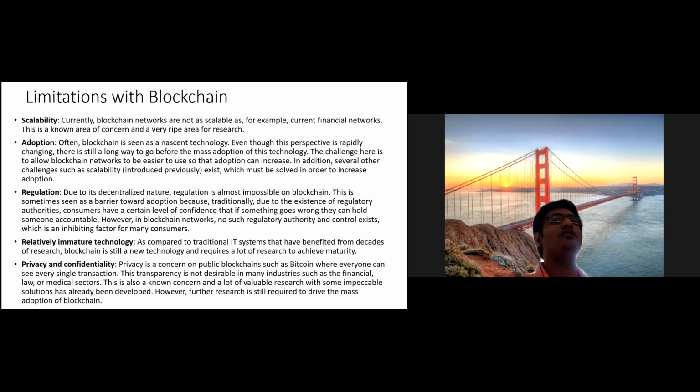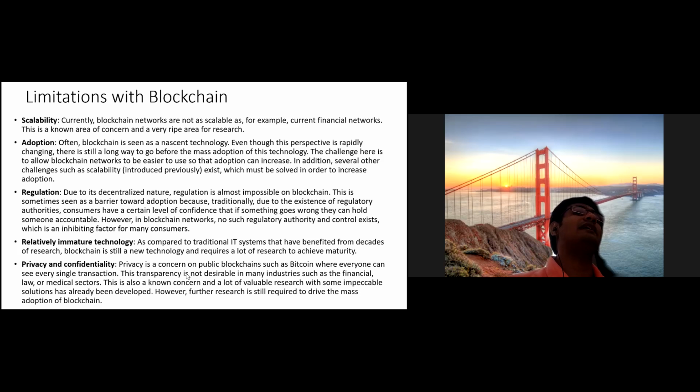Does this number dazzle you guys? Among more than 30-40 lakh software developers, you can't even get 50,000 blockchain developers. Making sense, everyone? People are not yet aware of the personas because the technology is a little bit new, and they think it is tough to implement, but it is not. So the relative immaturity and the understanding people have of blockchain also make it a little bit tough, but there is a huge opportunity, right?